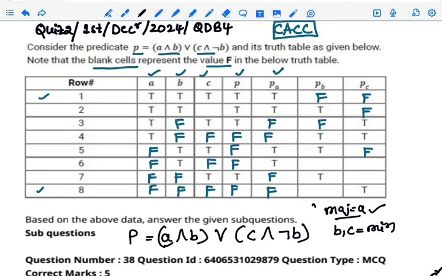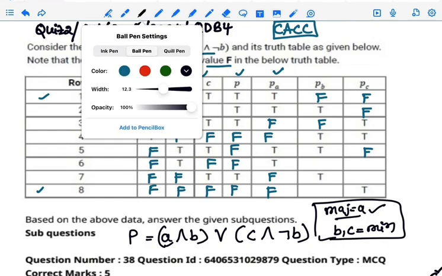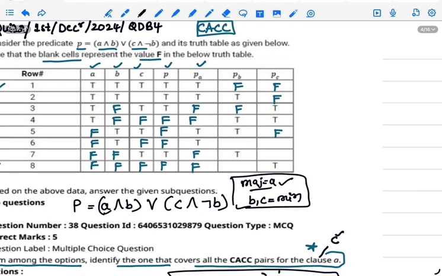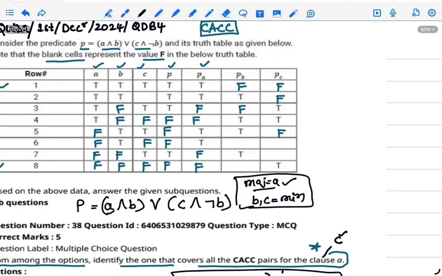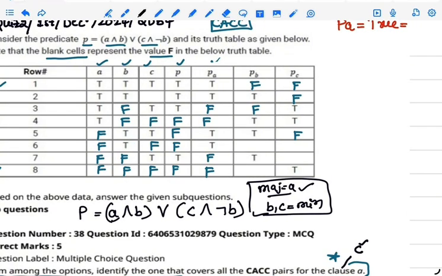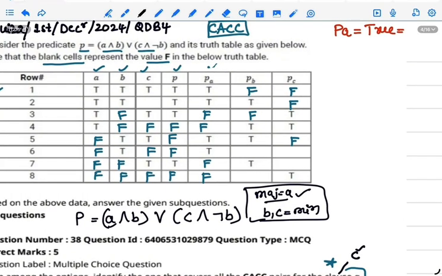These minor clauses need not be identical. First we consider that PA must be true, so in this PA column, which rows are true? PA must be true in 1, 2,